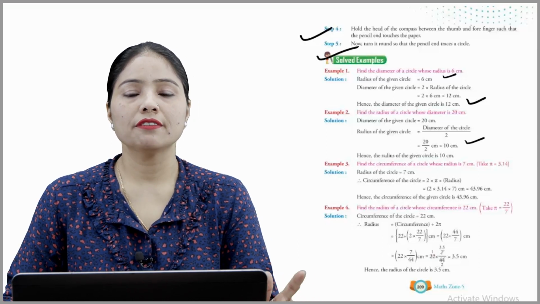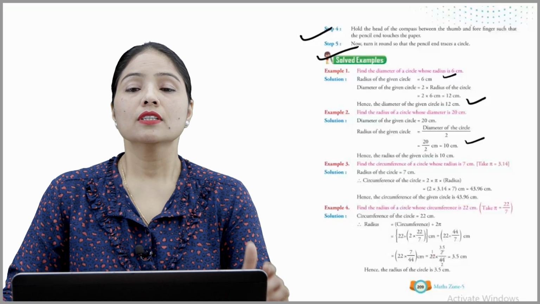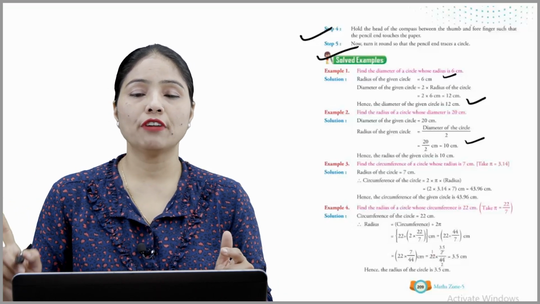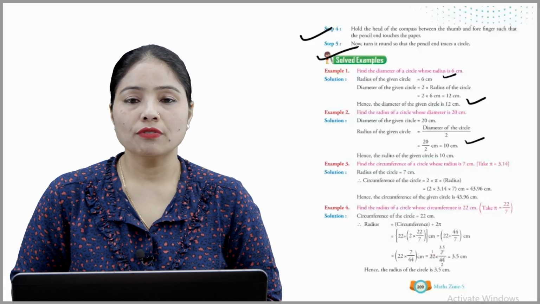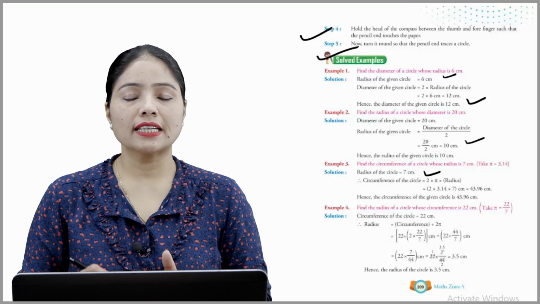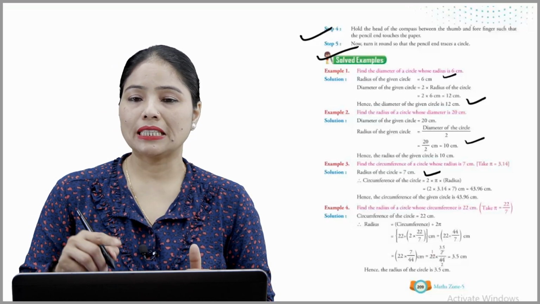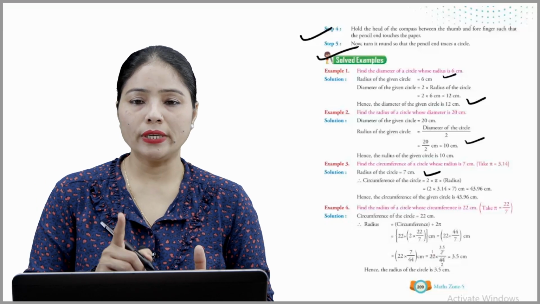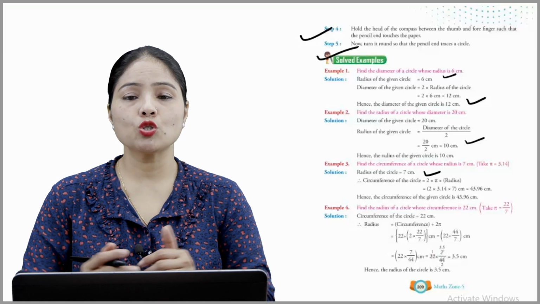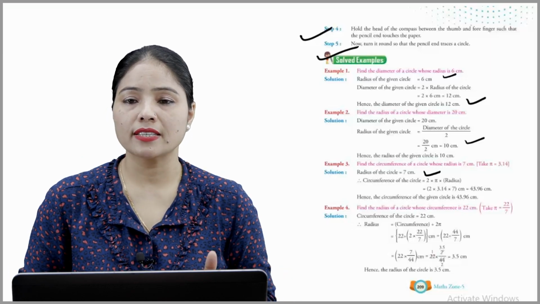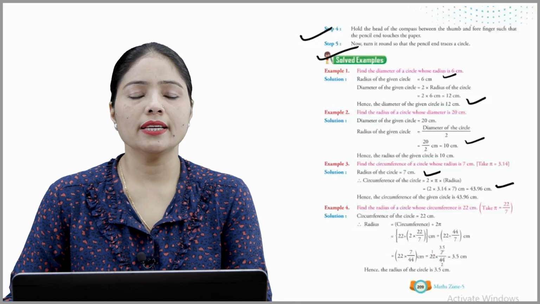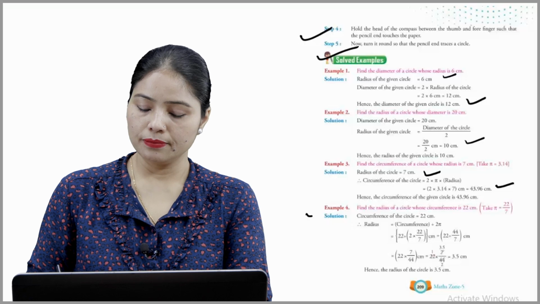Okay, now example 3, find the circumference of a circle whose radius is 7 centimeter and take pi की value 3.14. So radius of the circle है हमारा 7 centimeter. Circumference of the circle का formula क्या होता है, 2 pi r, मतलब 2 pi और bracket में radius. So 2 into pi की value है 3.14. Radius हमारा given है 7. So multiply all three numbers और answer is 43.96 centimeter.